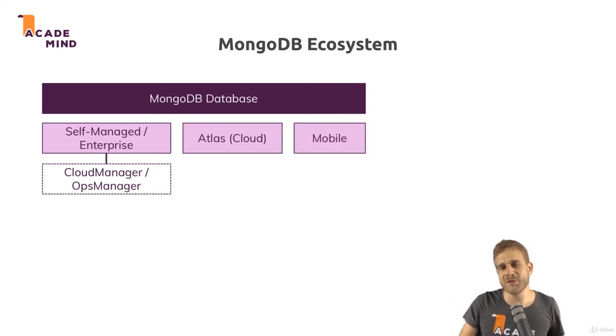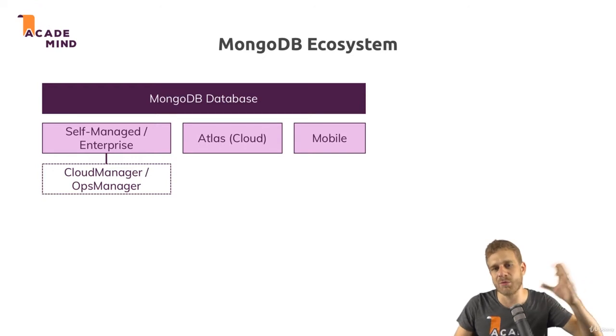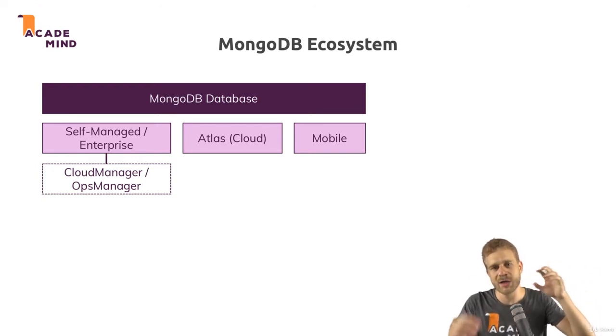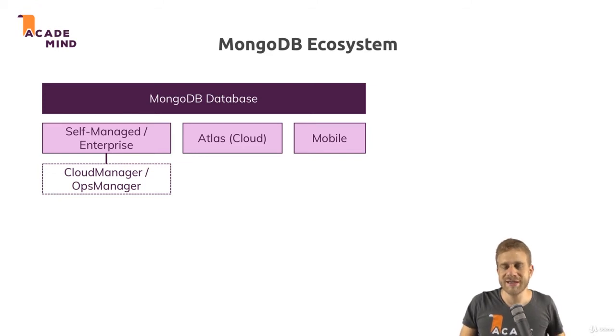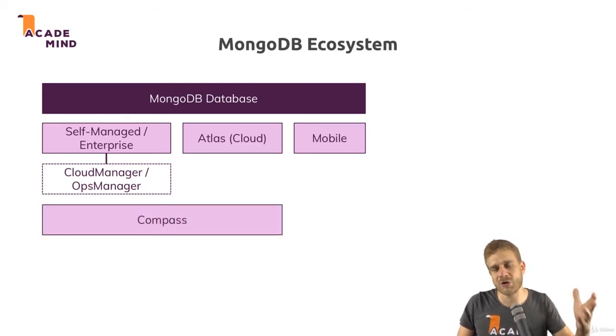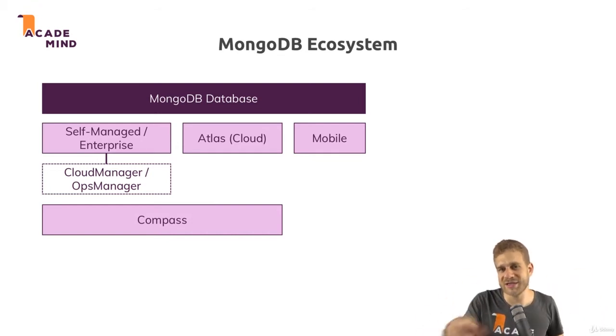They also have a mobile solution, which basically means you can install MongoDB on a mobile device to store data there directly and even work without an internet connection. They got a graphical user interface, Compass, which allows you to connect to your database and look into it with a nice user interface. We will also use that in the course, but most of the time we will not, because as a developer, you of course write code. You don't click around in graphical user interfaces, and therefore we will write code in this course.